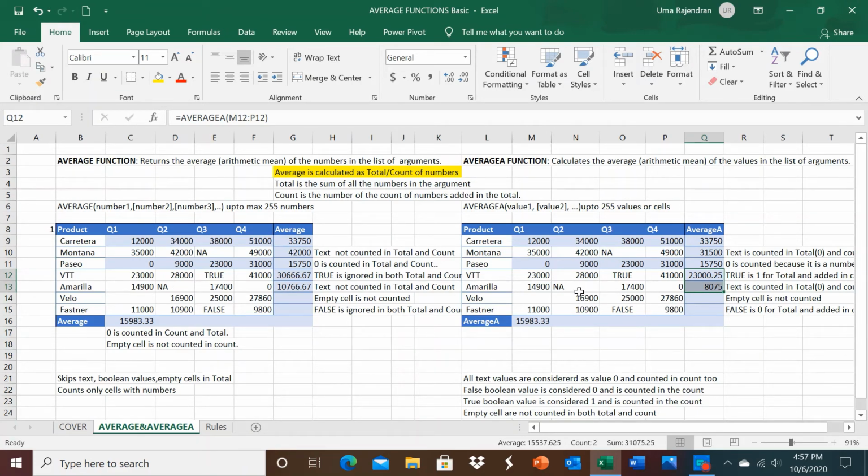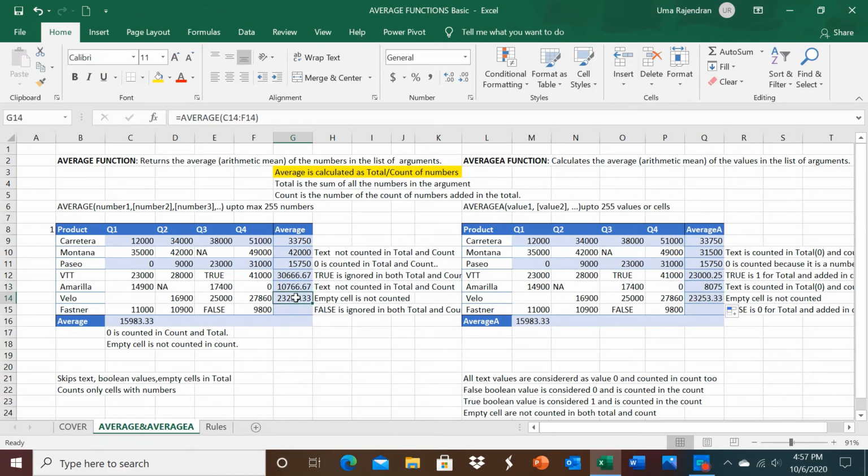Here the value 0 is added to the total and the count is 4, while here the count is 3. In the next one, we can guess that it's going to be the same because empty cells are treated the same way in both AVERAGE and AVERAGEA.